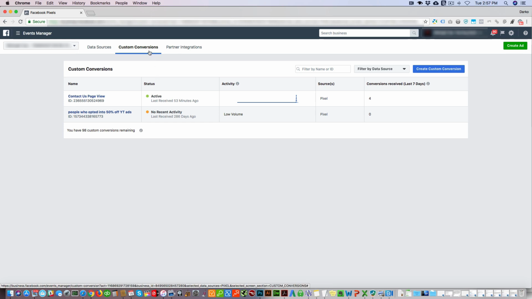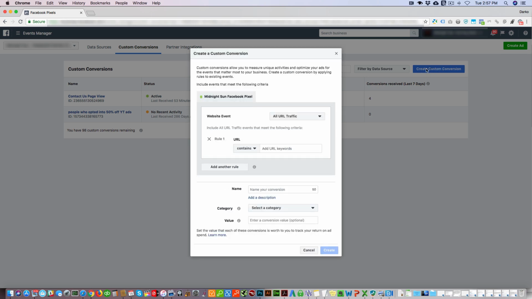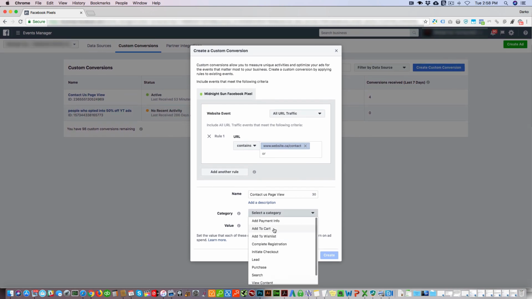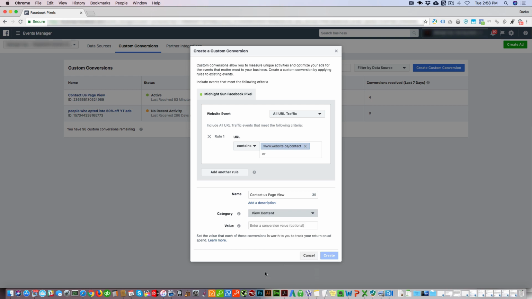So in case we want to track these two conversions, contact us page view and quote page view, we want to set up a custom conversion, and the reason for that I'll explain right now. We'll just click here to create it. We enter the URL of the page. In this case it would be www.website.ca/contact. Then we would name the conversion, say contact us page view, and we would select a category, and you can see these are your standard conversion tracking categories, and we would select view content, for example. We can say lead as well, but if you put view content here and we create this custom conversion,